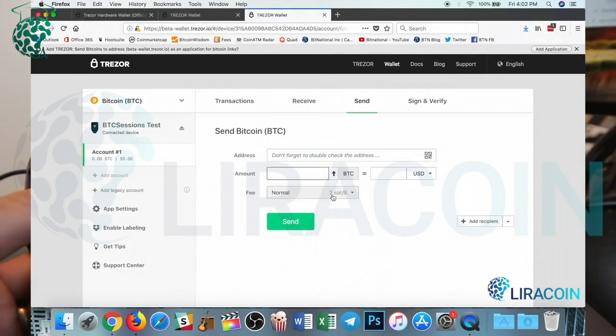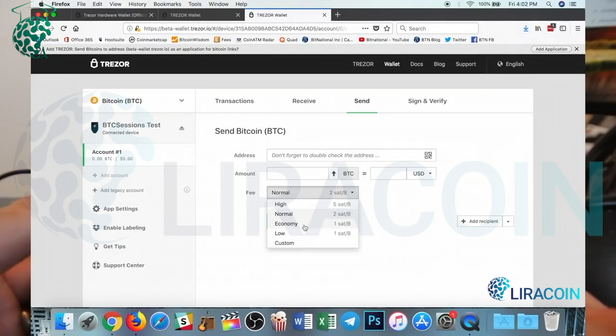I also can set my fee. So this will be auto-calculated based on how busy the network is. It is calculated in Satoshis per byte. A Satoshi is the lowest denomination of Bitcoin that there is, which is the 8th decimal place. So right now, if I want to send a super cheap transaction, and I don't care if it takes a little bit longer, I would send 1 Satoshi per byte. If I wanted to get through relatively quickly, 2 Satoshis per byte. And if I wanted to get through really, really fast, guaranteed, to be done in around 10 minutes or less,